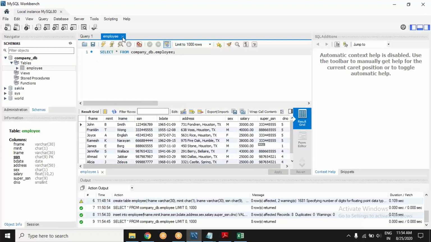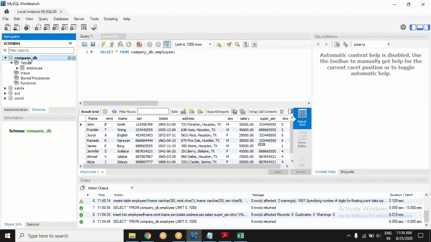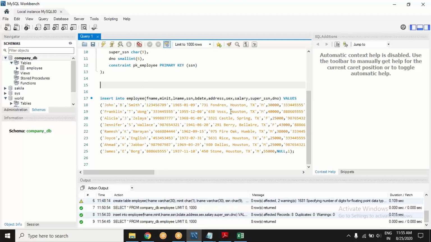That's what I'm saying. Double click on this company DB here. You should be able to see this in this bold font. One is this regular font. When you double click that, it should appear in this bold font. However,